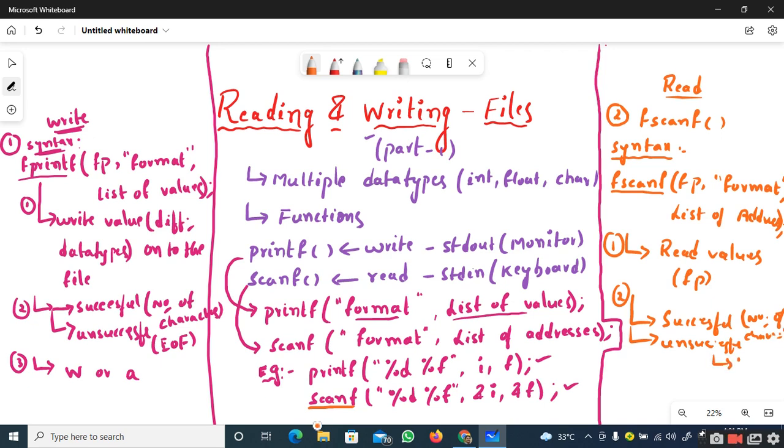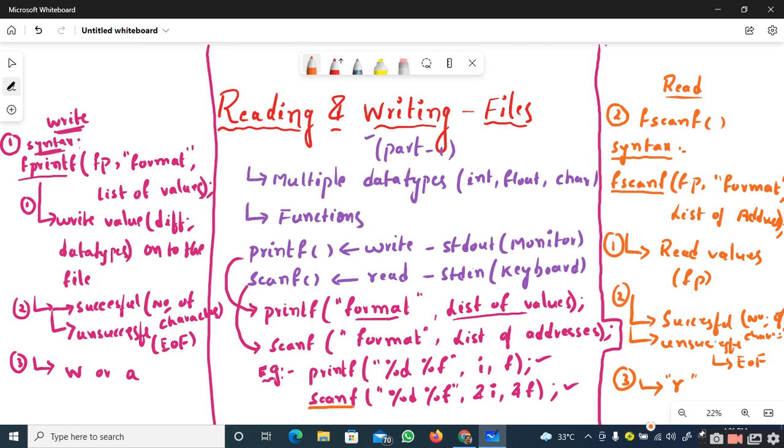And if it is unsuccessful, we know that it will return a special value which is called end of file. And the last point regarding this fscanf is, when you want to deal with this fscanf function, you have to open the file in the read mode. Why? Because you are going to read the content from the file, therefore you need to open the file in the read mode only.